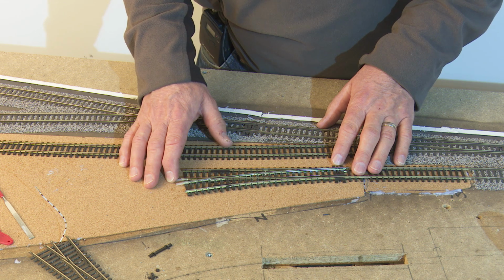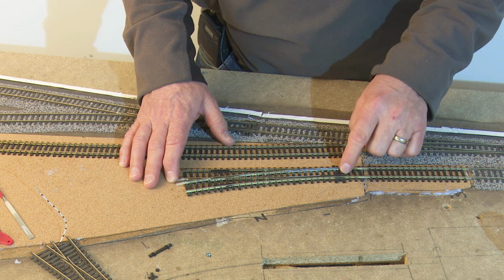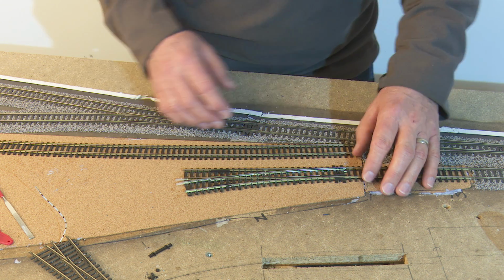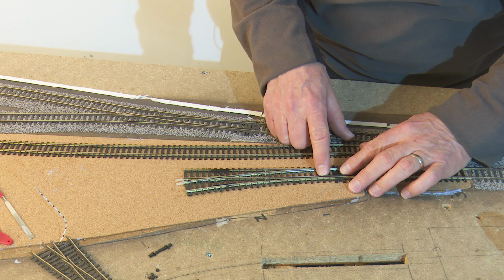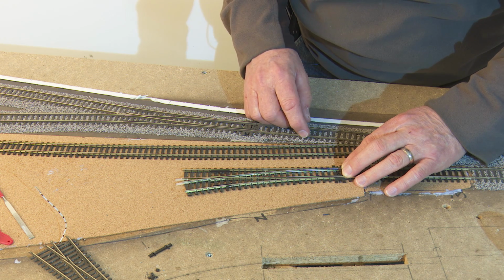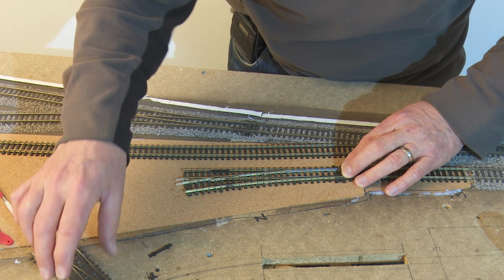Either way that you're going to do it, you have to make a hole and drill through from the point into the baseboard. So what's the best way of doing that? Well, the best way that I've come across is you need to centralise the blades so it's between one side and the other, and then you need to get a